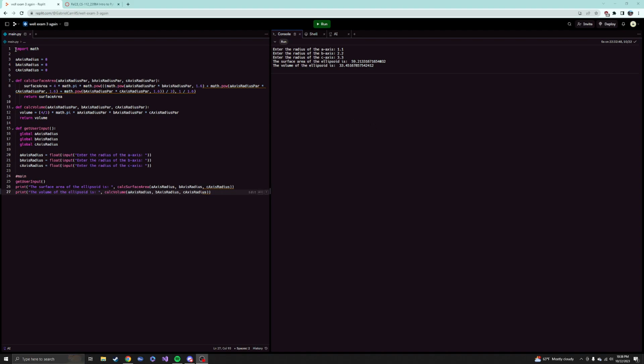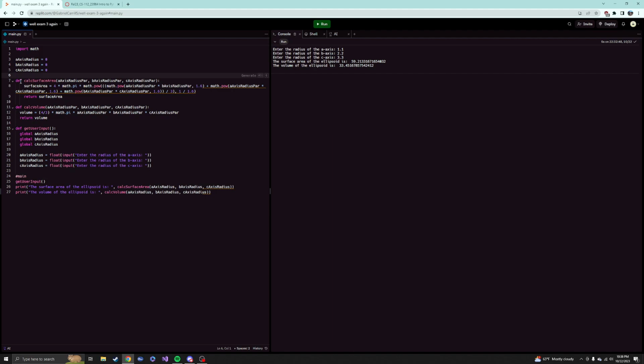To start off, we import math, so we're able to use functions and tools such as math.pi and pow, all of those essential needs for this calculator to work. So here we initially set a-axis radius, b, and c all to 0. And then here, these are where we get our functions for this